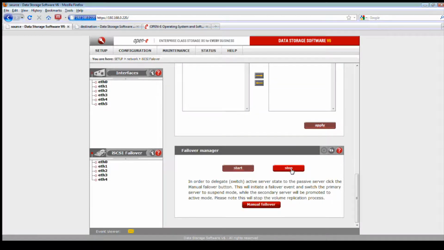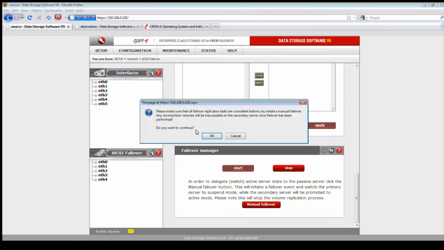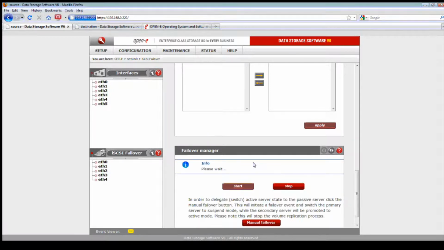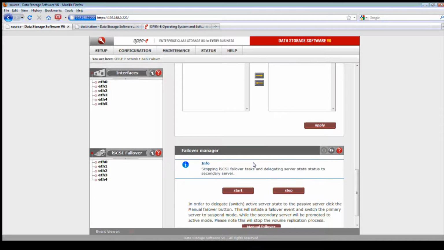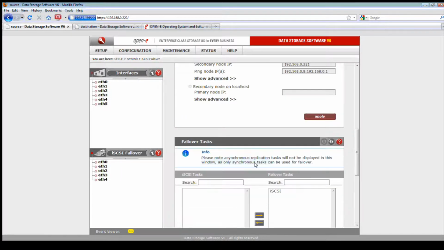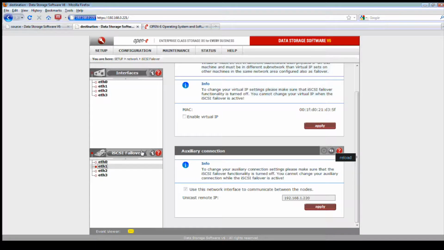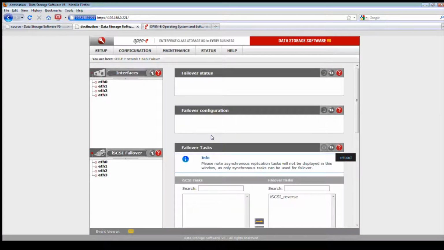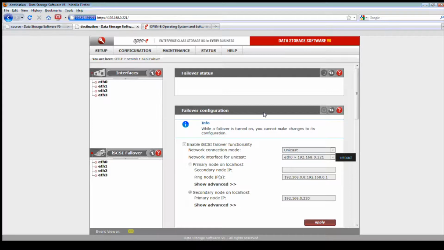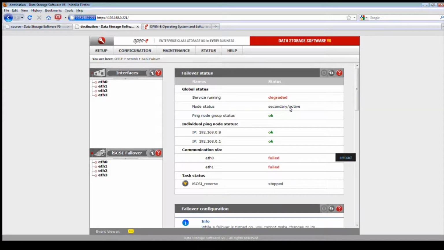In the event that you do scheduled maintenance downtime or there's an outage, even if the ping node fails, it doesn't matter. You need the ping node and the volume replication NICs to fail in order for this to be in a state of standby or standalone, or to be able to be offline to fail over. So, or there's a physical outage. So just for simplicity's sake, what we're going to do is we're going to do a manual failover.